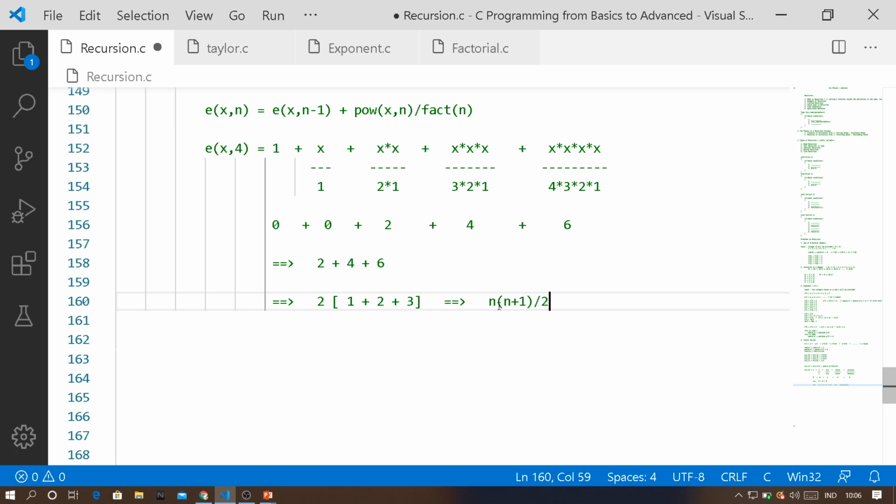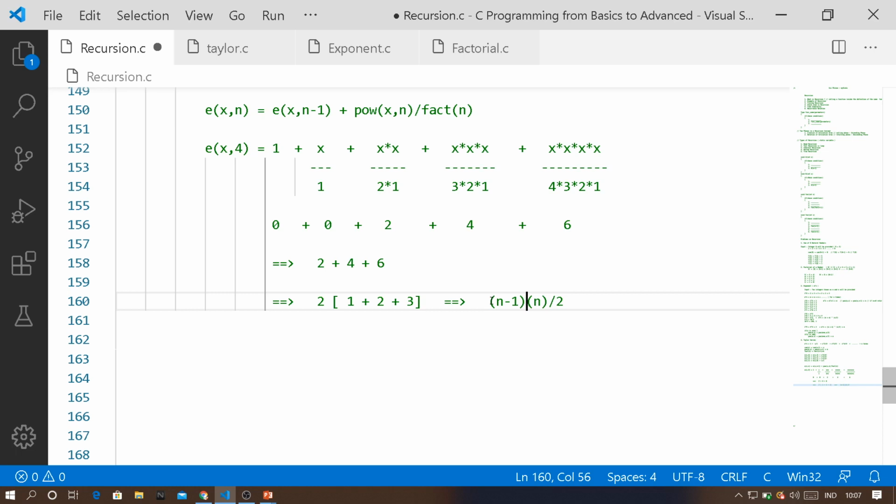Here, if it is n, the formula is n into n plus 1 divided by 2. Here the end value is n minus 1, because if your n value is 4, then this ends at 3. So how do we rewrite the formula using n minus 1? Instead of n, we take n minus 1, and then this is n minus 1 plus 1. In this term, minus 1 plus 1 cancel, both having opposite signs. So this can be rewritten as n multiplied by n minus 1 divided by 2.